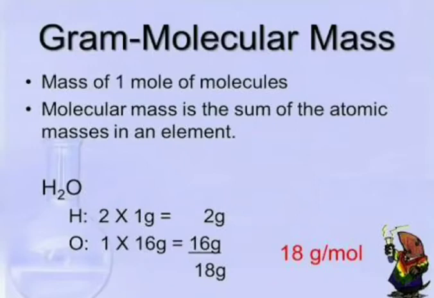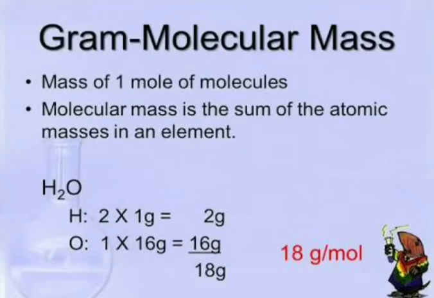As we know, how can you calculate the relative molecular mass? For example, water. Water has 2 atoms of hydrogen and 1 atom of oxygen, and the atomic mass of hydrogen is 1, so 2 into 1 equals 2, and the atomic mass of oxygen is 16, so the total equals 18 gram. So the relative molecular mass of water is 18 gram. So 1 mole of water molecules contains how much? 6.02 into 10 to the power 23 molecules.